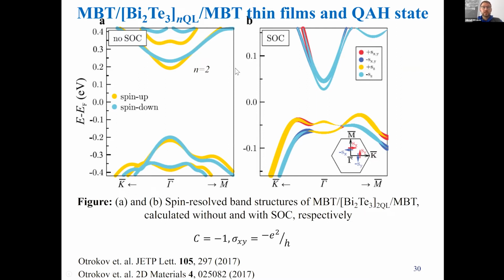Actually, if you carefully calculate the electronic structure of such systems, you will end up with the conclusion that they are quantum anomalous Hall insulators. For example, this is visualized for the spacer of two quintuples sandwiched between the two MBT films. So the Chern number is equal to -1, so one chiral conduction channel, and the conductivity is quantized to